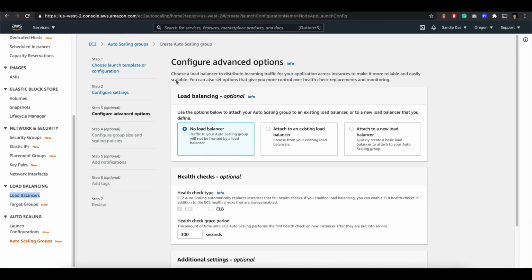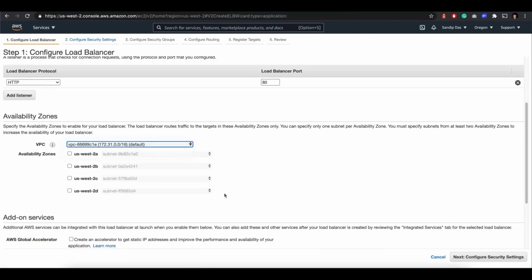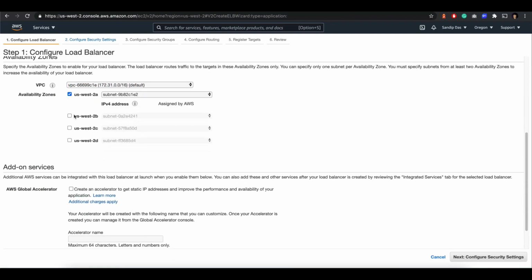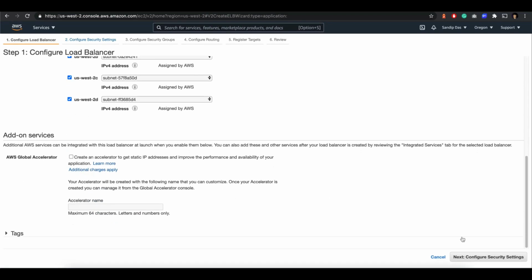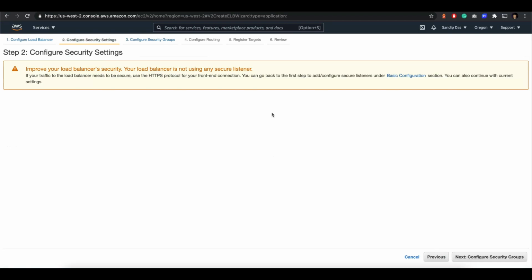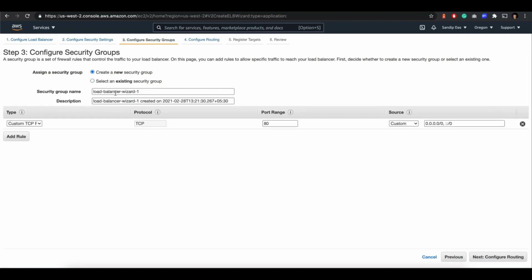Let's enable the default group and enable all the subnets. This is going to be a security group. Allow port 80. So Node app LB SG. We want port 80 only.